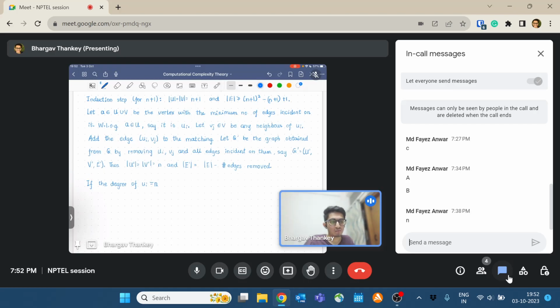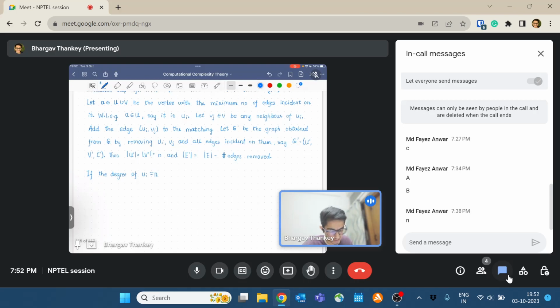So if the vertex with the minimum number of edges going out of it itself has n edges, then every vertex in the graph has n edges going out of it, and so the graph is a complete graph. Then for